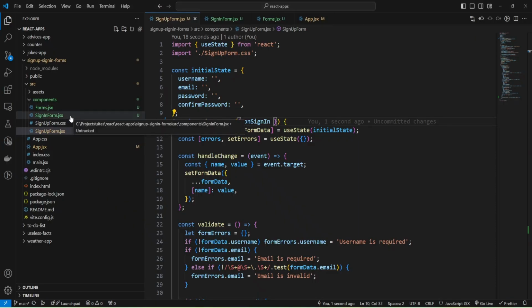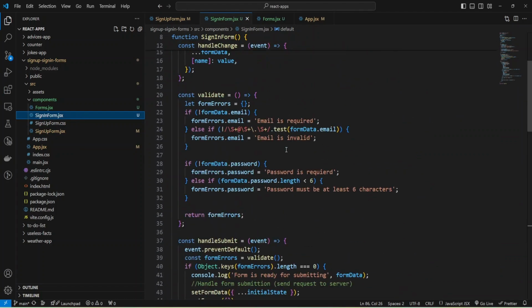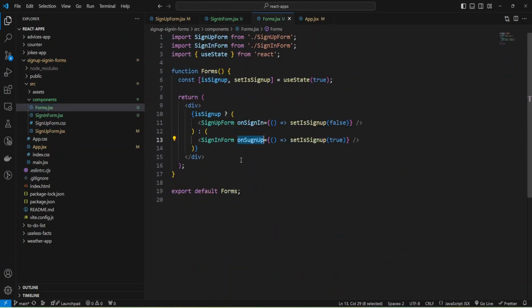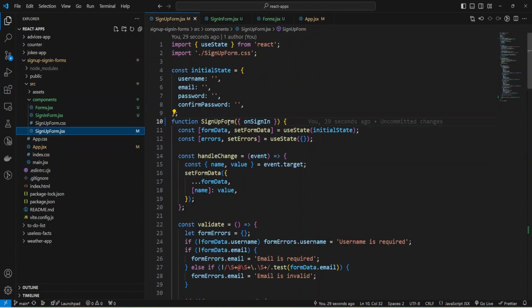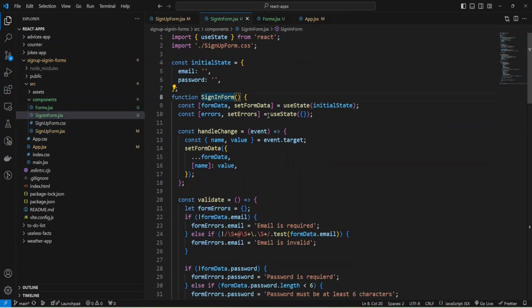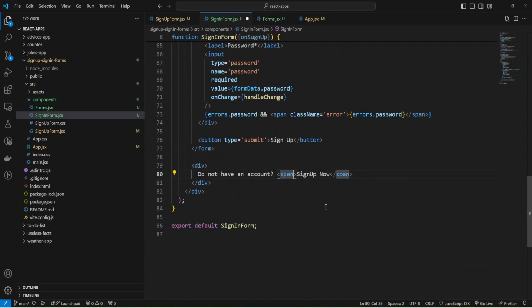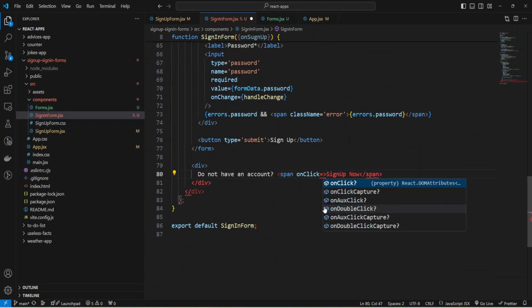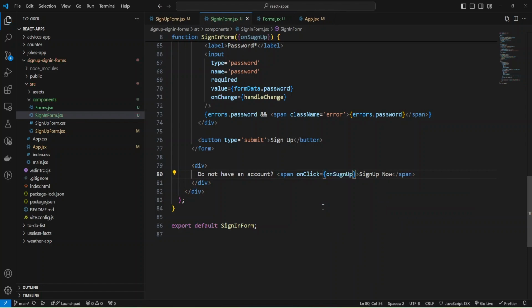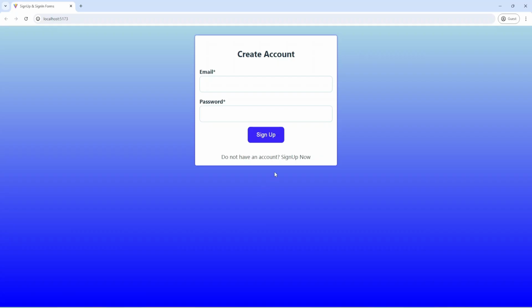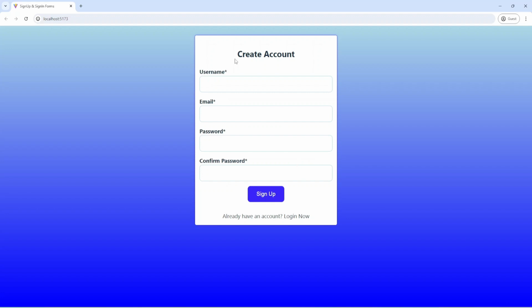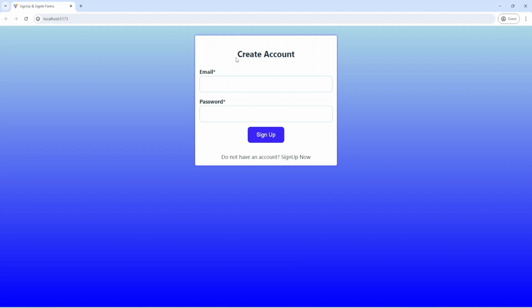And let's fix it. In the sign in form, we need to provide our sign up function event handler, also using object destructuring, onSignUp, and add an onClick event handler. Click event handler and provide onSignUp, and let's check now. And as you can see, by pressing sign up, I was returned to my create account form, and by pressing login now, I see my login form. And let me provide some values.